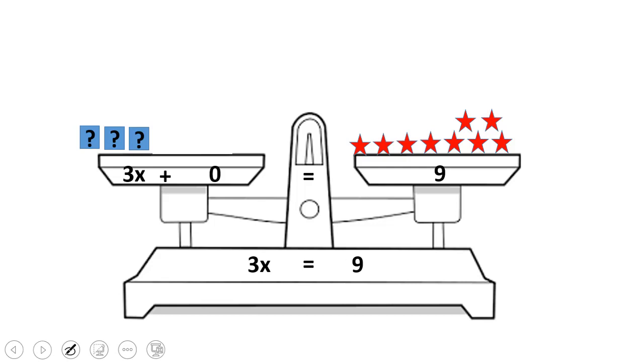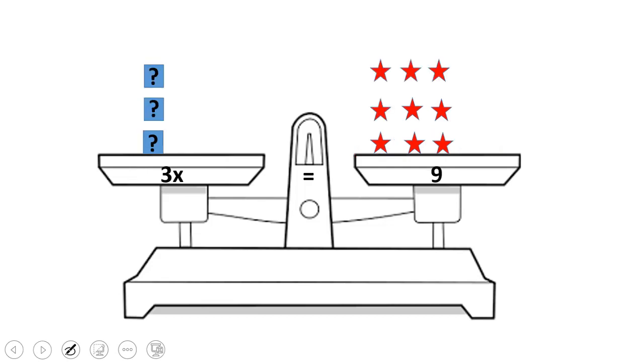Now, this 3x equals 9 is just like what we did yesterday, solving equations with multiplication and division. So if I'm multiplying this variable by 3, of course, the inverse operation would be to divide it by 3, and that's how we can isolate the variable. So when I divide by 3, I'm saying how many of these stars can fit into each box. I'm dividing by 3, so as you can see, 3 stars will fit into each box,